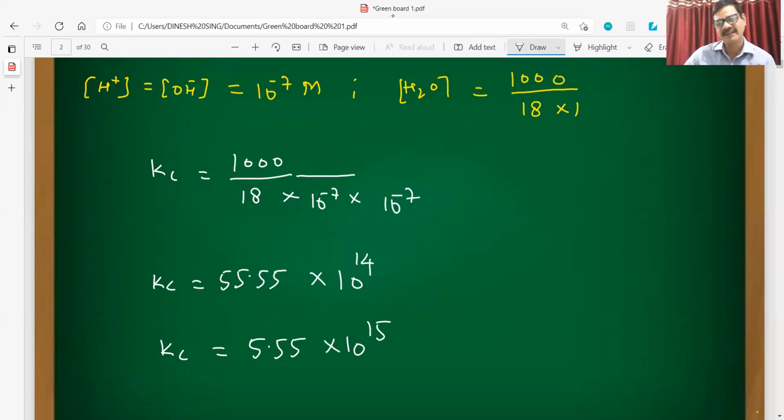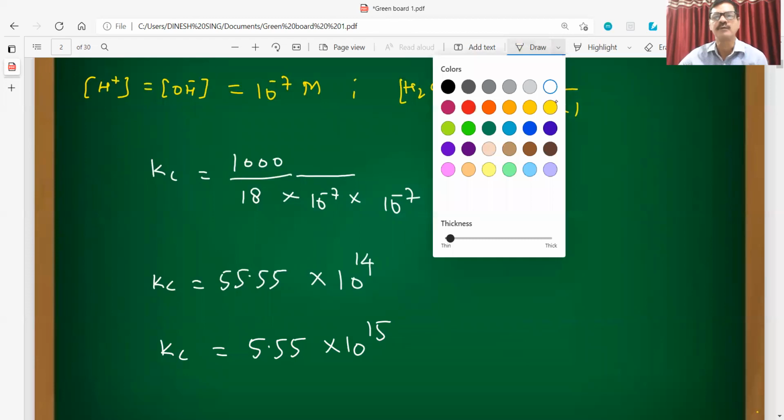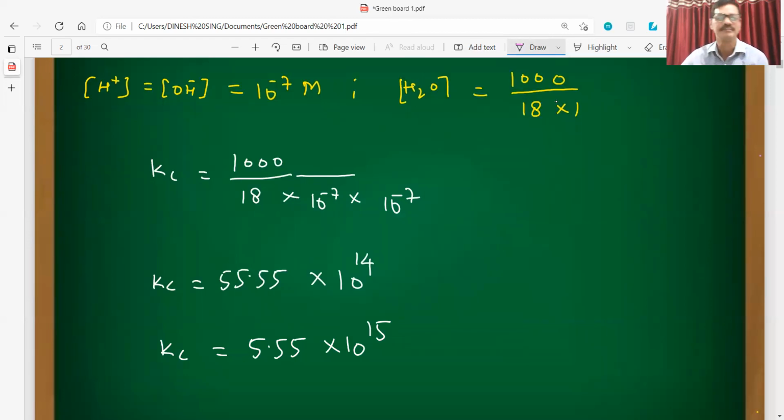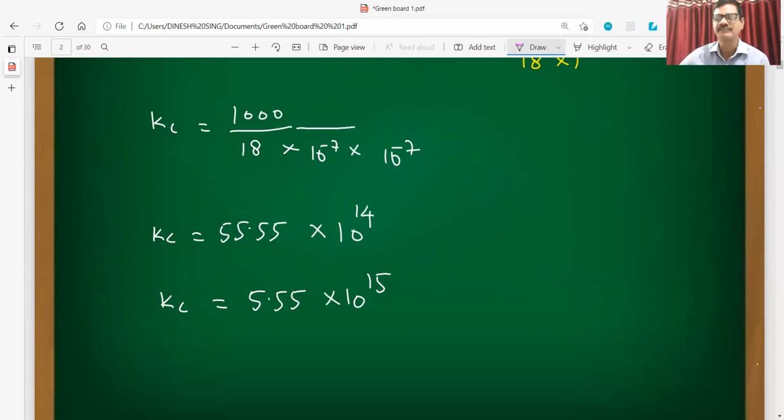Since this is a very high value, everybody will say that there will be no equilibrium, but equilibrium is there. The value of the equilibrium constant is very, very high. This problem was already asked in the 90s in IIT, so again they can ask such a type of problem. This is one problem, very basic level, because equilibrium is there between H positive and OH minus, which is the reverse equilibrium for dissociation of water. Now I think everybody understood this.